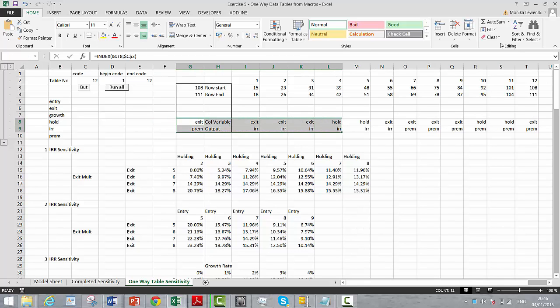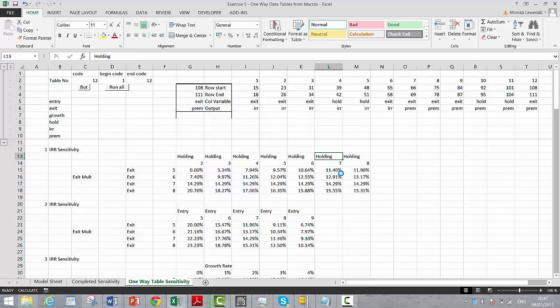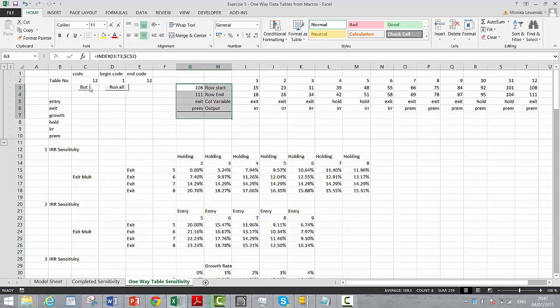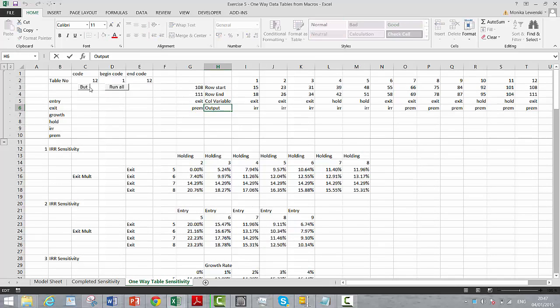Okay, so we'll use those things, but this time let's put a couple of different output variables in here. Let's get rid of this just temporarily, and then we can make another one of it. And let's put output number 1 as it could be the IRR, the premium, and then delete, go down, and let's say we make one more, Control D to go down, output number 2, output number 3, and output number 4. So we have all these other variables, and why don't we make our first table down here,